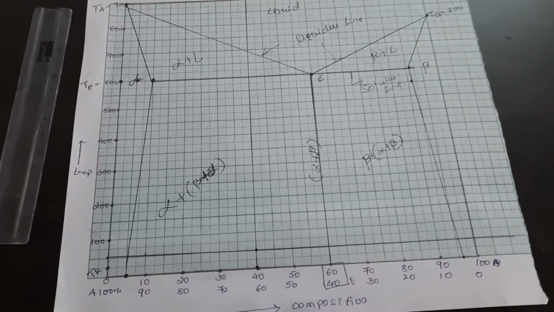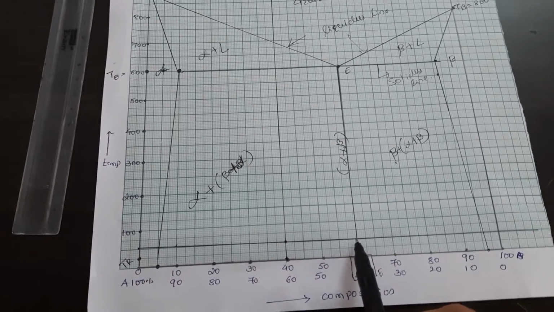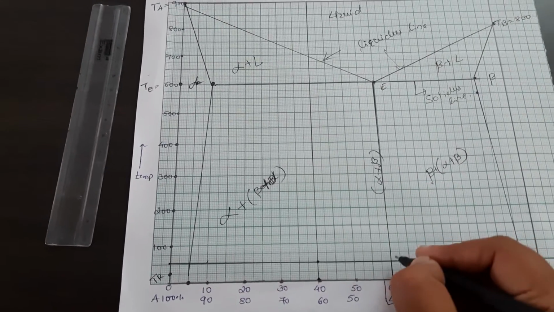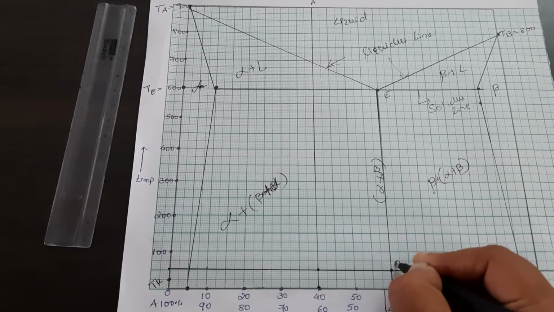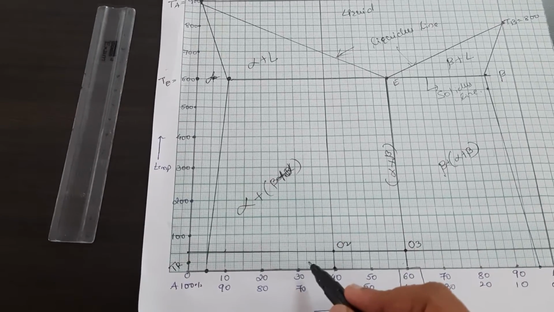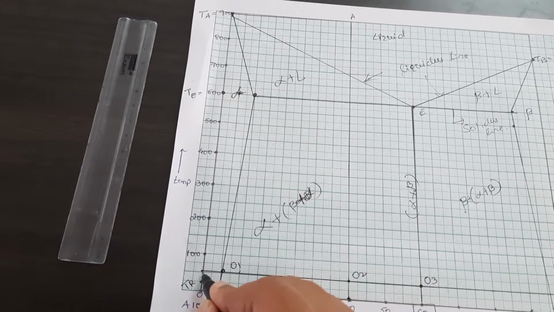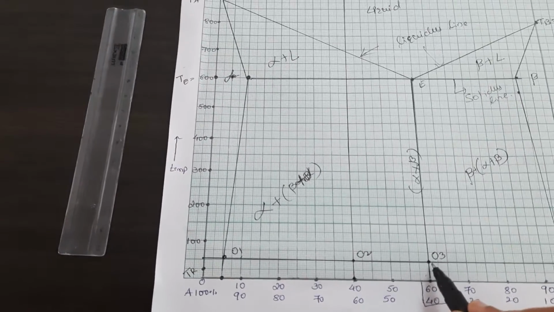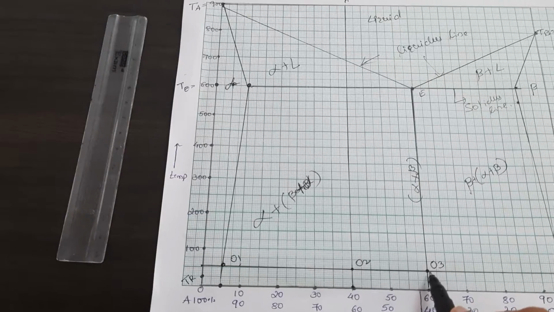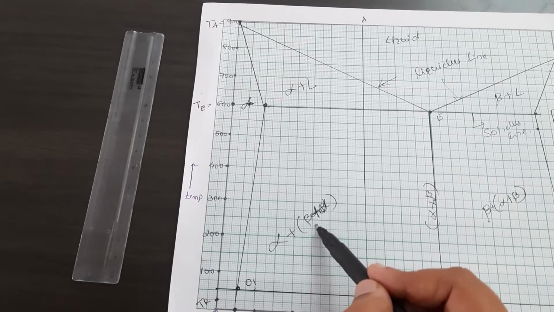But the next major step is how to select the point. Here I got 1, 2, 3, 4 points. So this portion is alpha plus beta. This one I want, that is the third point, O3, and this one is O2. Going in reverse, this is O2 and O1; I am not considering this point. Always the last point is here, at room temperature. Suppose you are moving from this end to this end, this is the last point, that is the eutectic point. This is the boundary line of this alpha plus beta.